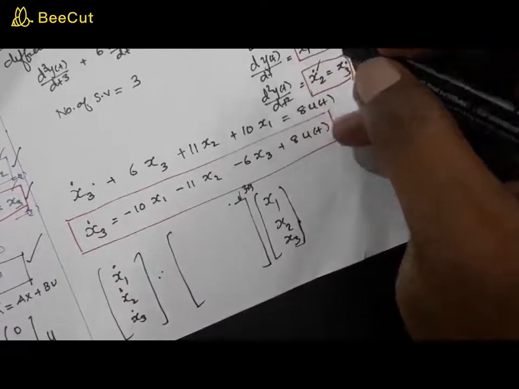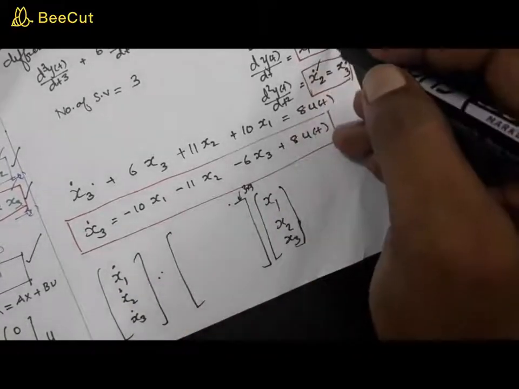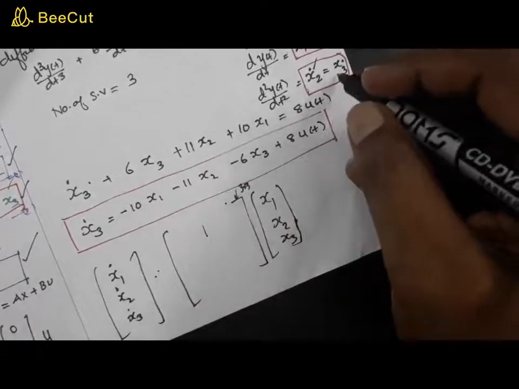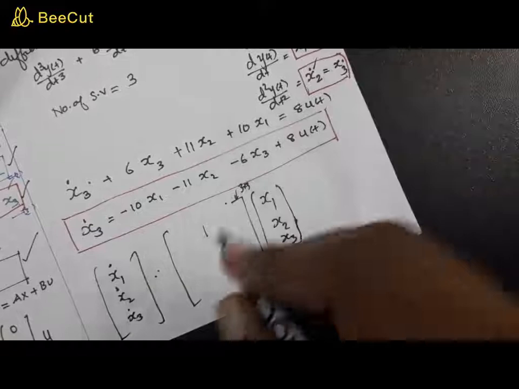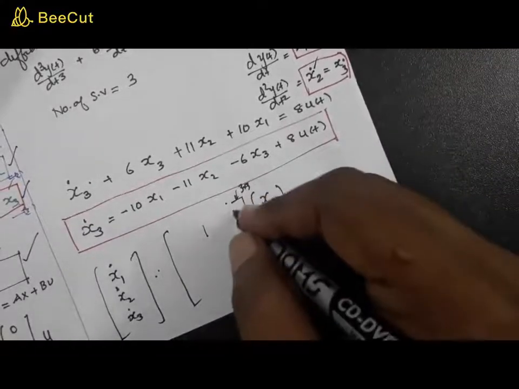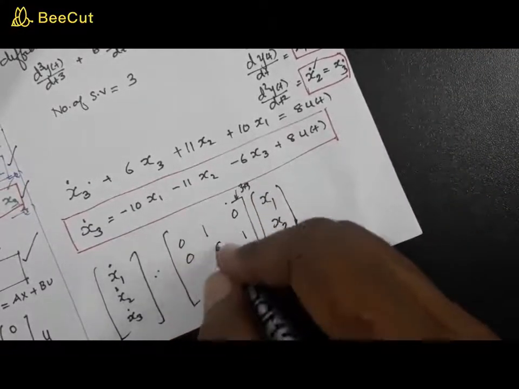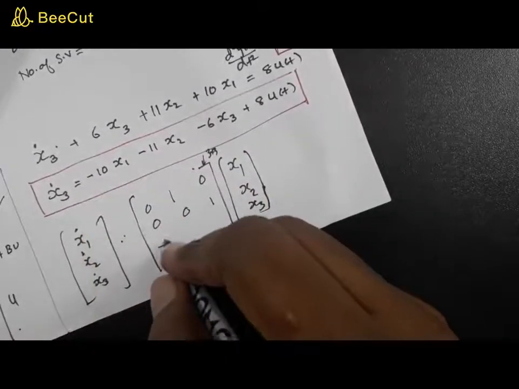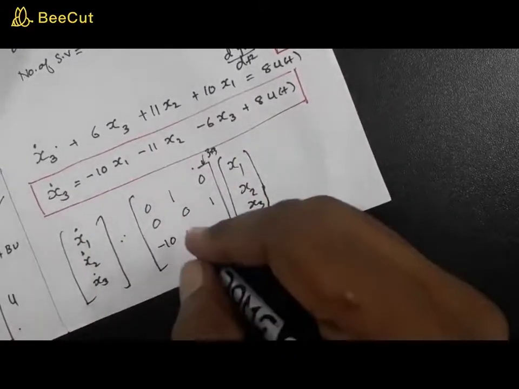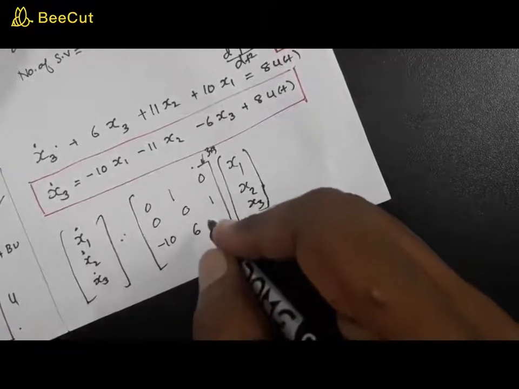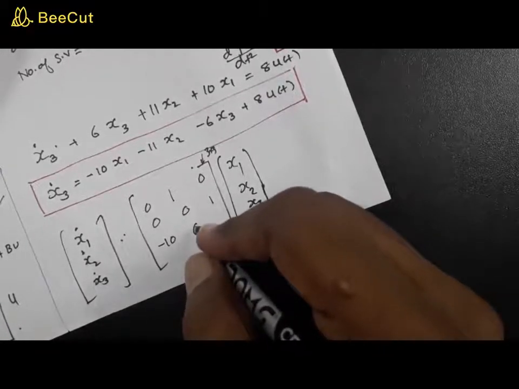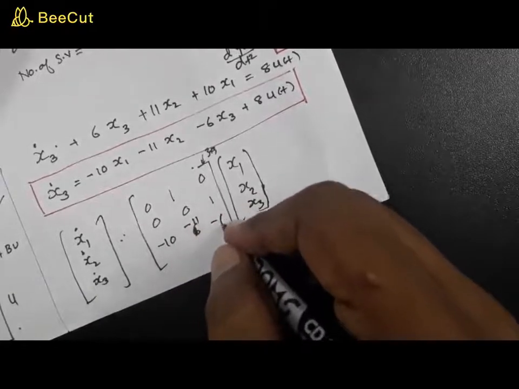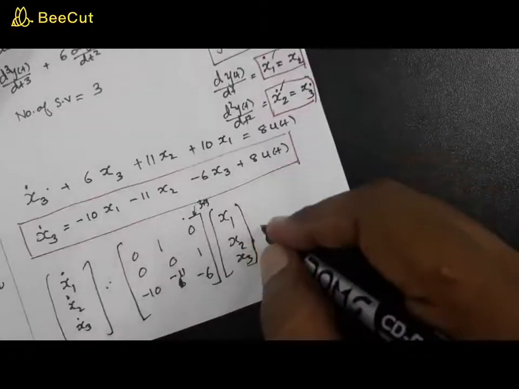In the first equation, that is x1 dot, you have only value for x2, so 1. Now in the second equation, you have value only for x3, that is, here it is 1, so this will be 0, this will be 0, this one is 0. And from the third equation, you can see that this will be minus 6, minus 11, minus 6, plus